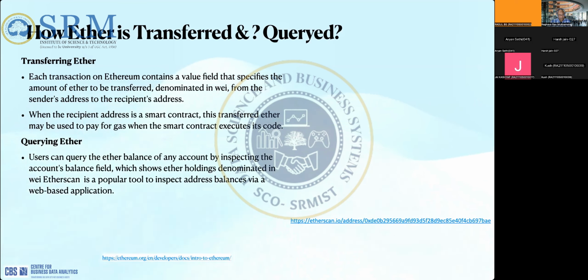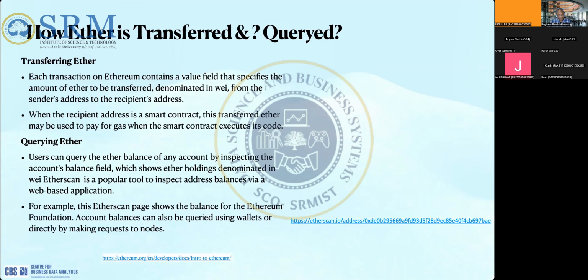So how do you find how much Ether you have? For example, people will query. So querying Ether, basically you have different APIs, or you can say web pages. For example, Etherscan is a web page which actually queries the nodes and gets the balances for you. Remember, all the nodes, at least the nodes that participate in the validation and block proposing, have the full state of all the accounts. So that means, let's say if you want to find out how much money you have in your account, right?